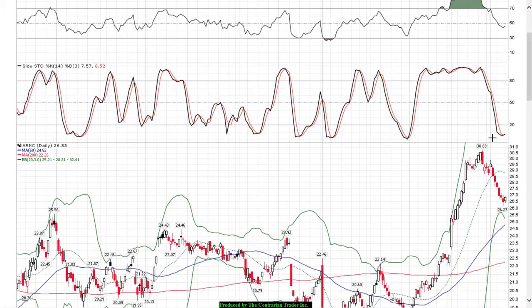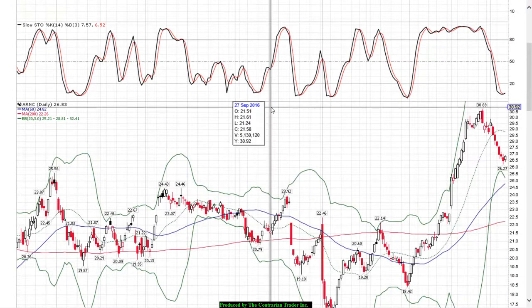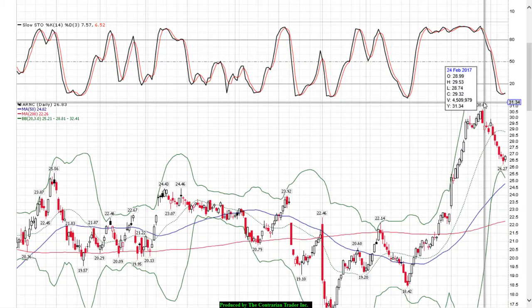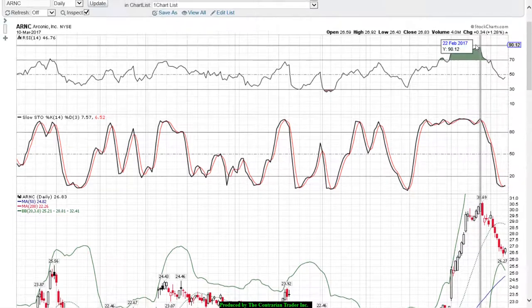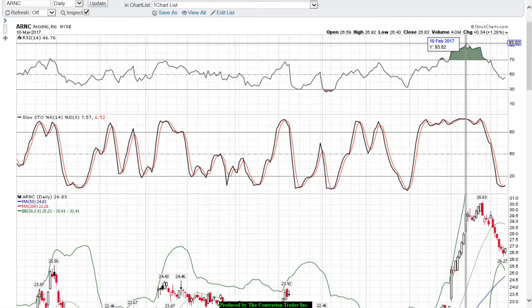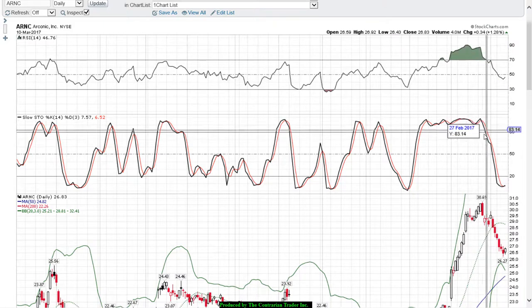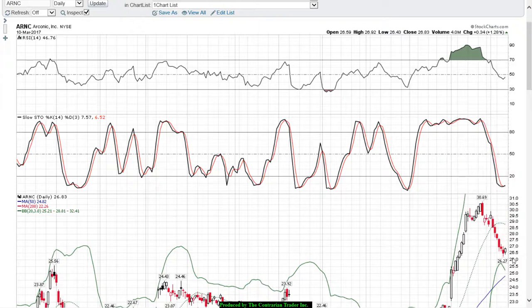This is one that was an extreme oversold stock a couple of weeks ago, and I said short it. And a couple of members did. I did not. And I got the emails telling me that I missed the boat, and I love the fact that they got short, and I'm happy that I brought it to their attention. So we had RSI at one point in time above 90, and the shares rolled over, and you could see that this was a great trade.